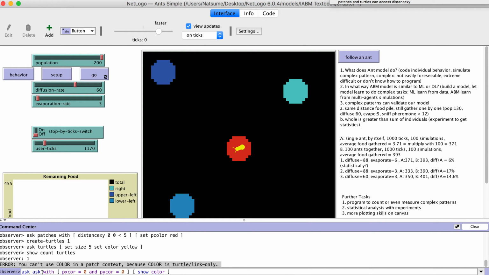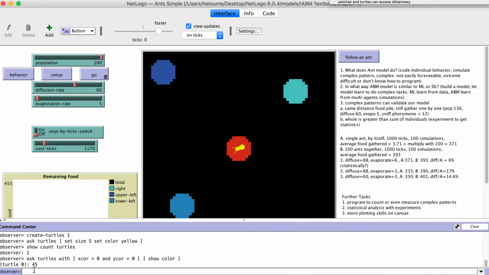So we change this to turtle, but the position is still the same. We just need to change it to the turtle's coordinates, and show color. It should tell us the color is 45, which is yellow. So it proves the point that under the context of patch, we can only access patch's properties, not turtle's property. However, it is not so